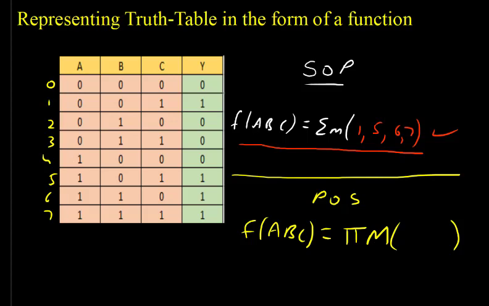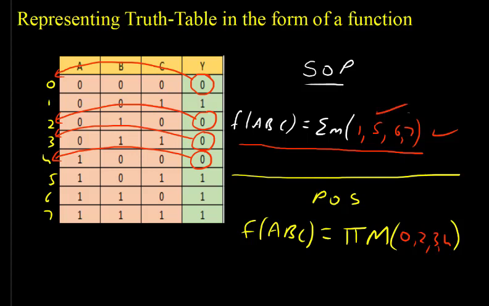So I will read, sigma capital M. How many max terms do we have? Output 0. This one is output 0, this is the second, this is third, and this is fourth. So these 4 outputs are the corresponding max terms. So this is 0, then 2, then 3, and then 4. So this is 0 2 3 4. So either we can use this one or this one to represent the entire truth table.